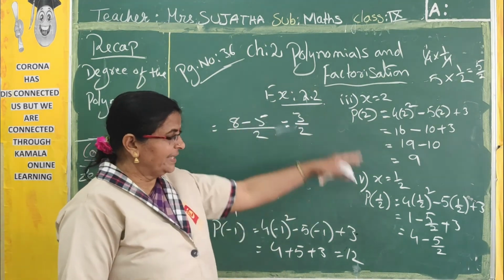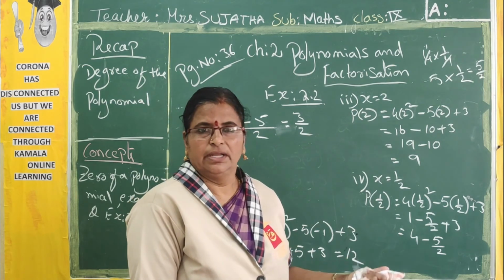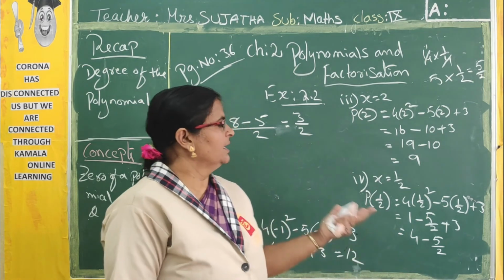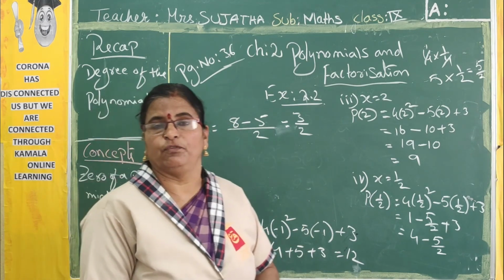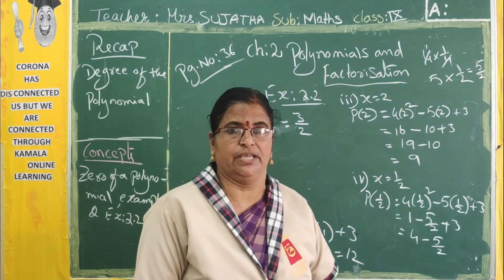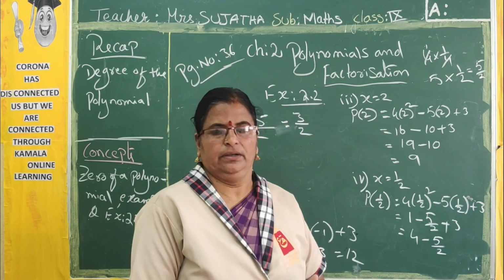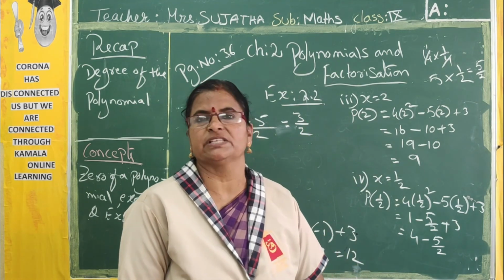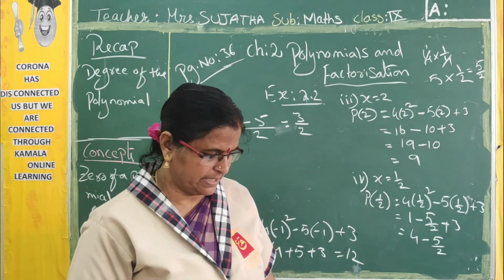So when you took all these values, where did you get 0? Anywhere you didn't get 0. So here there is no zero of the polynomial. How can we get the zeros of a quadratic polynomial? You have to factorize it, and then you get them. We learn that in the previous topics. Here only the linear polynomial we learned, that is minus b by a.